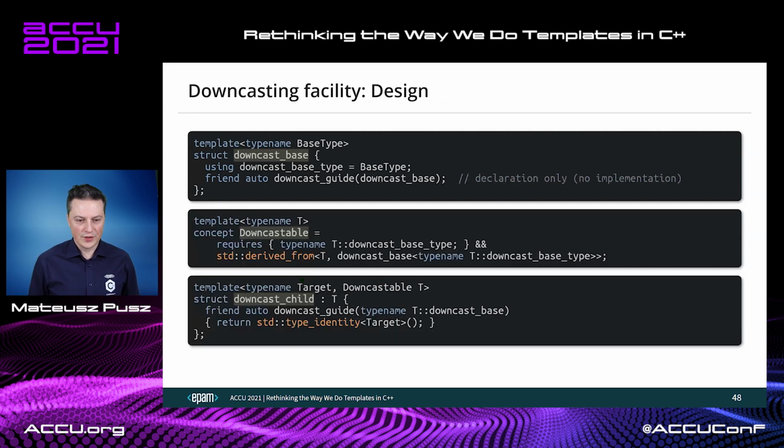And this one takes the target, which should be provided as the target of our downcasting, and the downcastable type to be downcasted. We are inheriting from T, and right now we are providing the definition of the function declared here. It's still auto as a return type, but now we know what the target is, so we can return it here. We define it here, provide it here, and now spreading the information between two different classes,